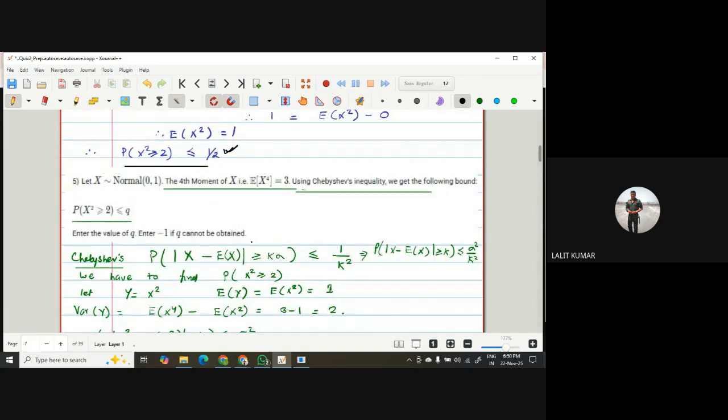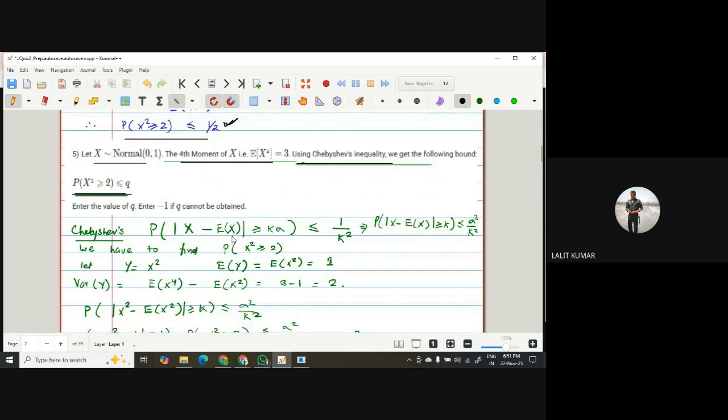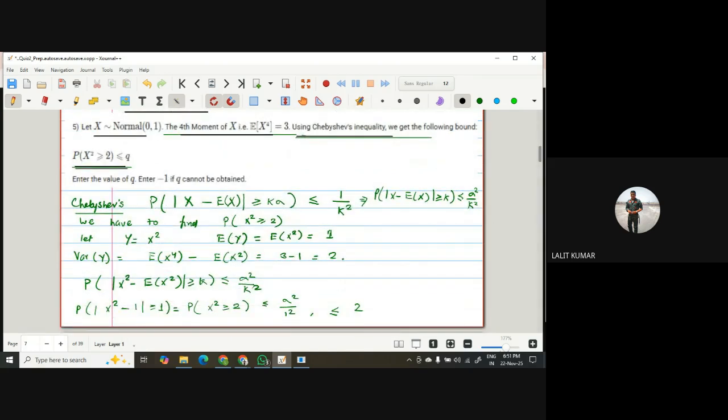Fifth question is, again, x is in normal distribution with 0 and 1. The fourth moment they have given, expected of x to power 4 is equal to 3. Using Chebyshev inequality, we have to find the bound for probability of x square greater than or equal to 2. So remember the Chebyshev says absolute value of x minus E[x] greater than k standard deviation is less than 1 by k